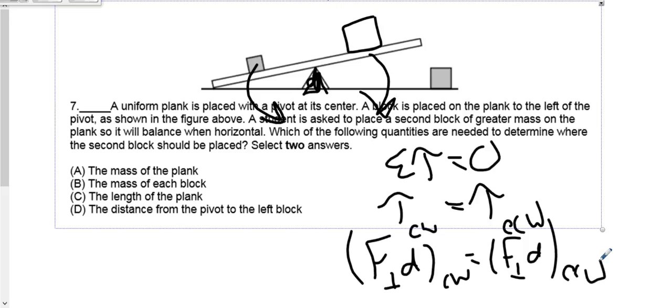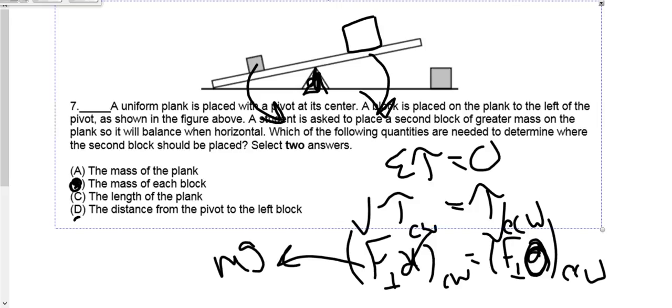in the counterclockwise. So in order to do that, we would have to know, number one, the mass of each block, and these forces would be mg because they're just blocks on there. And then number two, this is the second block over here, so this is what I'm trying to find. So I need to know that, that, and that. That's just zero net force, zero net torque if we want something to not rotate or